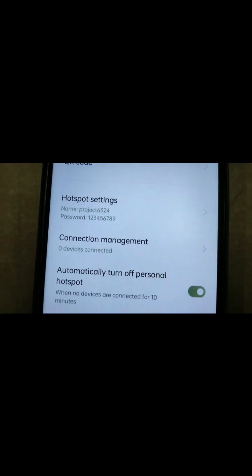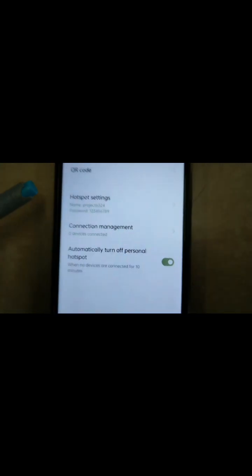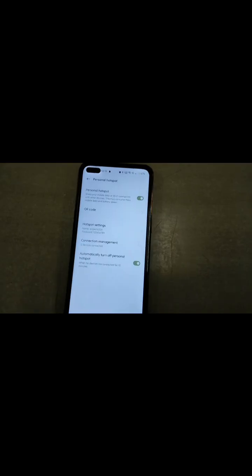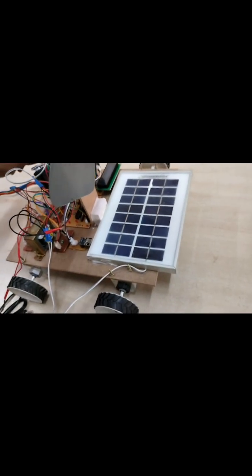Let's observe the graph in ThingSpeak. Before powering on the circuit, let's connect the circuit with the Wi-Fi hotspot. As I stated, the name of the hotspot is project 6324 along with its password. This password and name have been fed into the Wi-Fi modulator so that it can automatically connect to the mobile device. Now powering on the circuit,